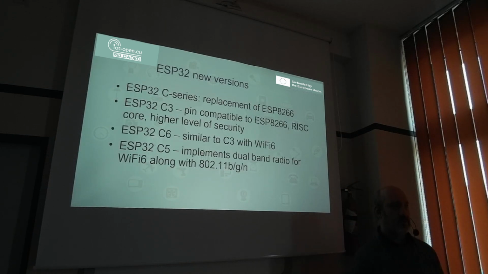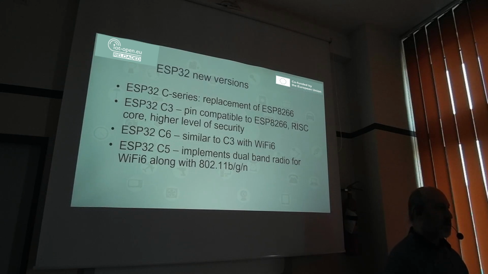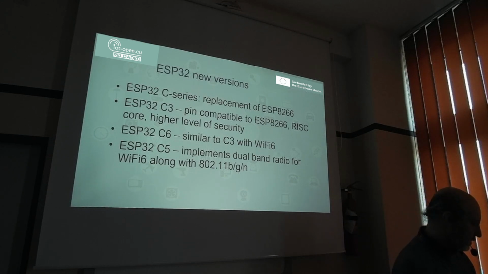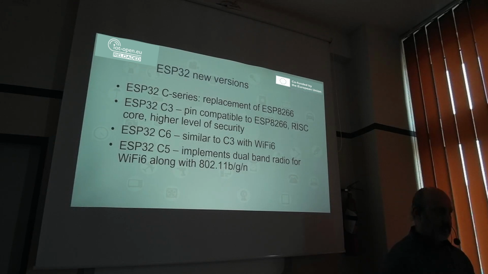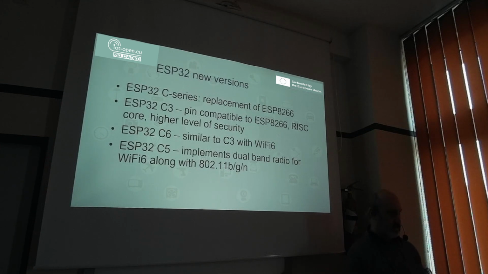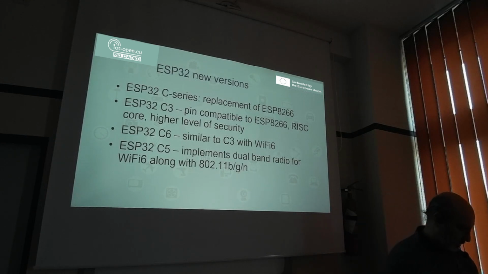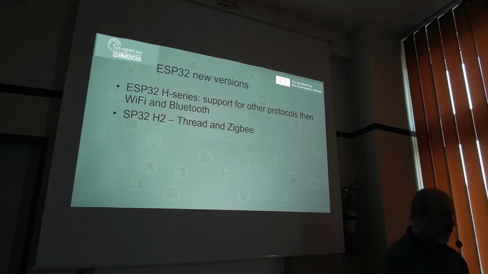The C series is created as, we can say, a direct replacement of the outdated ESP8266. The C3 has pin-level compatibility with the ESP8266, but a higher level of security. The C6 is similar to the C3, but it supports Wi-Fi 6, and the C5 implements a dual band radio for Wi-Fi 6 and also normal Wi-Fi. And the H series